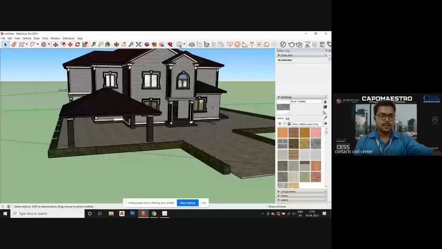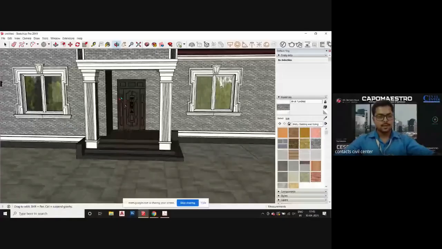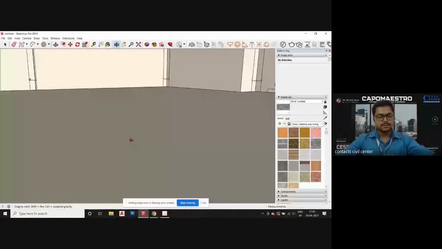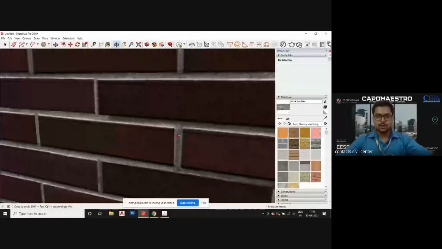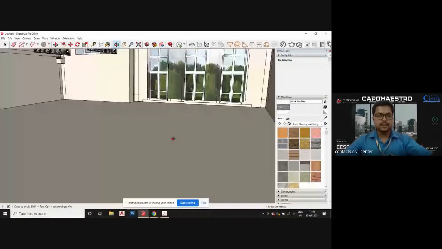Go through the windows or the doors. Okay, over here you can see walls have been created. So just rotate it slowly so that they can visualize it properly.